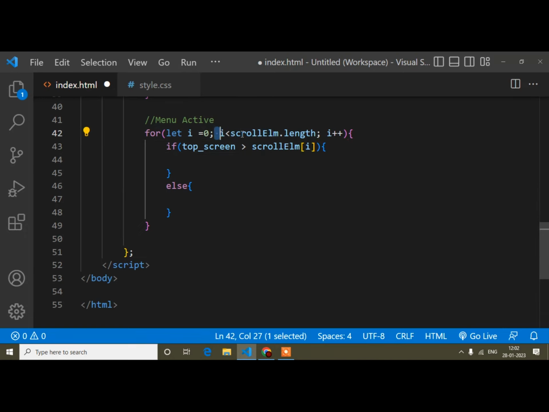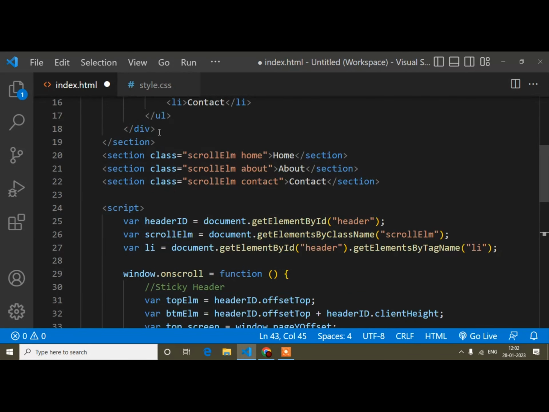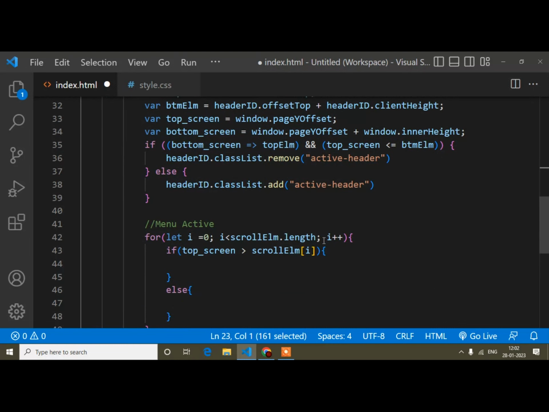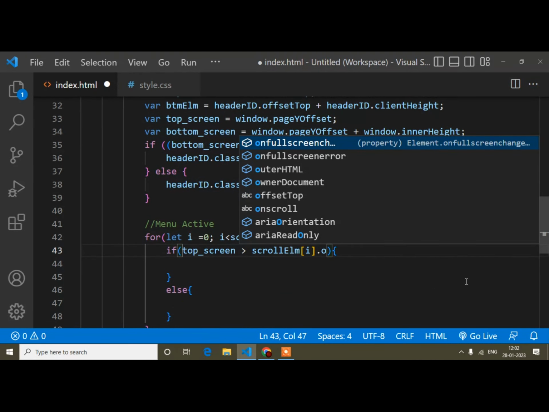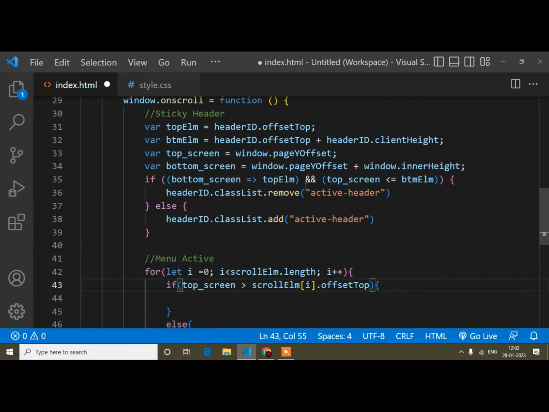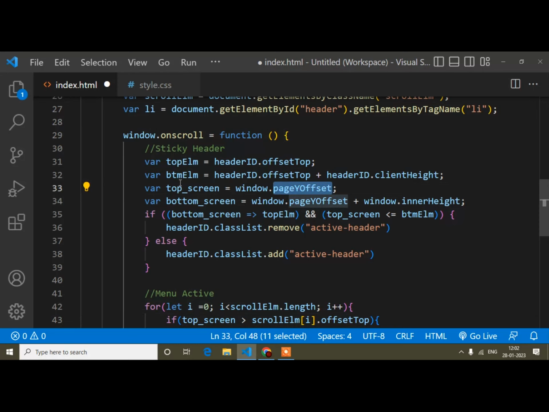I need to calculate all the sections' top positions, so this one, and here I will write offsetTop, because I am going to calculate our section's top position, not the window's. If it were the window, then it would be pageYOffset, and the window's top position I have already calculated here.